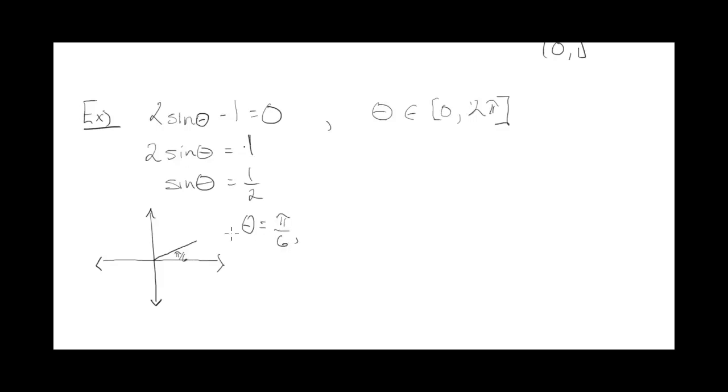However, you're going to get another answer because, by the CAST rule, or your related acute angle rule, sine is positive in the second quadrant as well. So you need to come up with the angle that has a related acute angle of pi by 6 in the second quadrant, which is pi minus pi by 6,